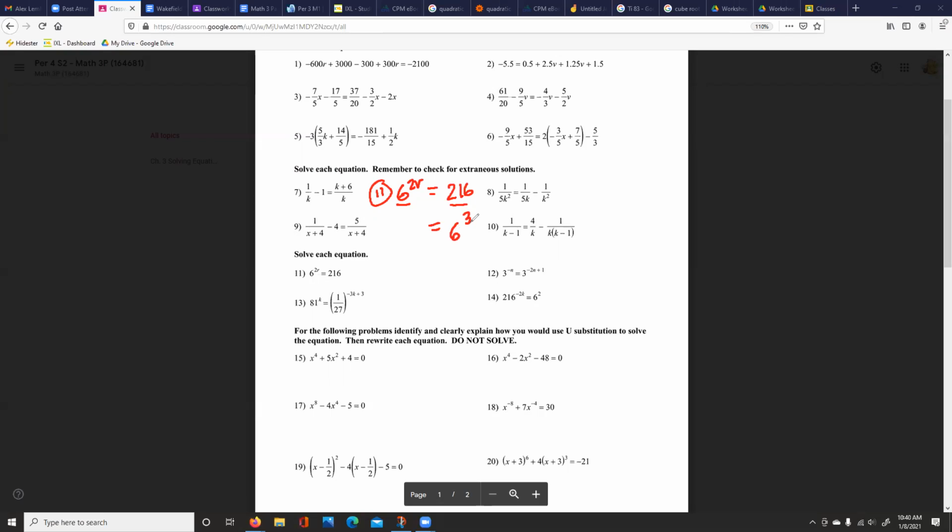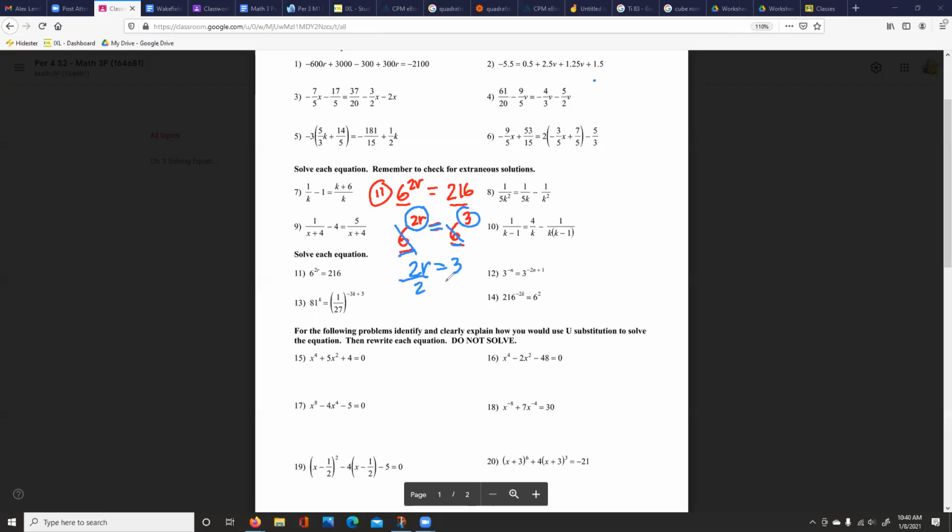Okay, 216 is 6 to the third power. So I'm going to change this to 6 to the third power so that it will have the same base as this one, because we want the bases to be the same. Because once they're the same, you can just set this equal to this. If this is equal, then the powers have to be equal. So 2r equals 3. We could just drop the bases and set the exponents equal to each other,